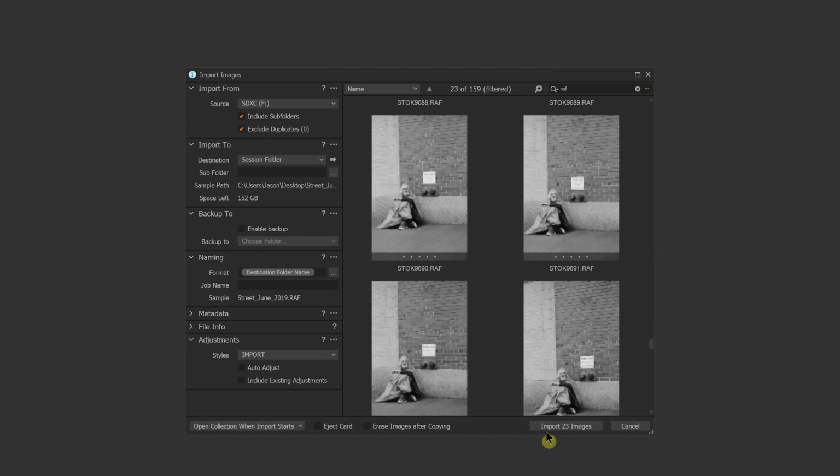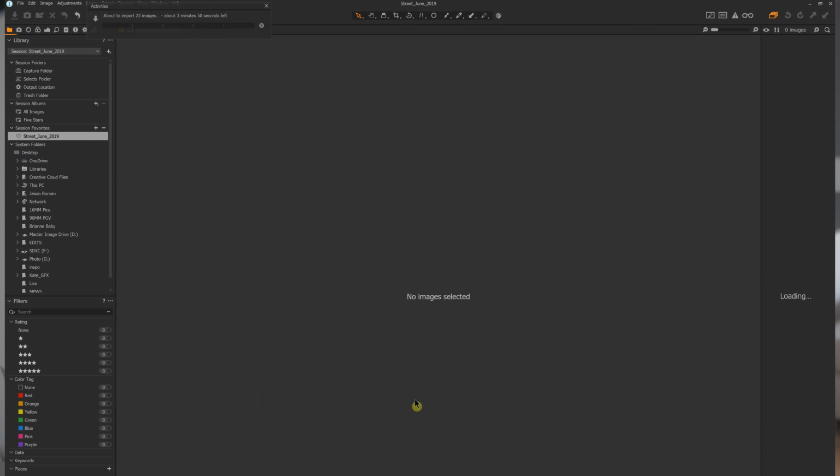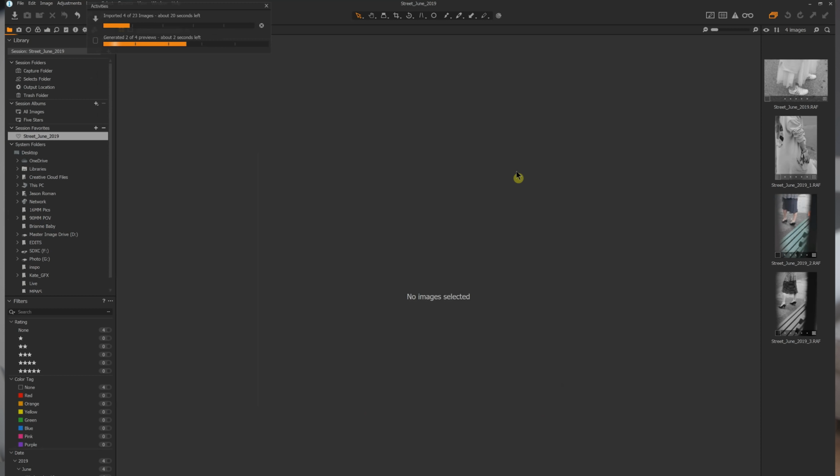Okay. So normally I erase images after copying. I'm just going to import these 23 into this sample folder for you guys to see the rest of this workflow very quickly and easily here. Okay, so the first thing I do